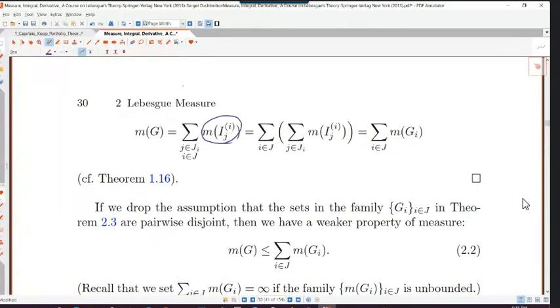Okay, we can write it: M of G is the sum of M of Gi finally, or the sum of lengths of component intervals,